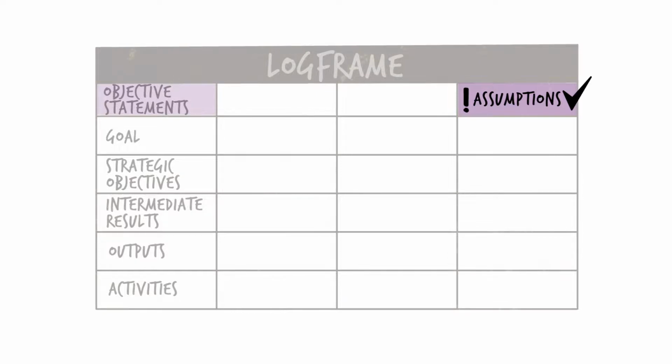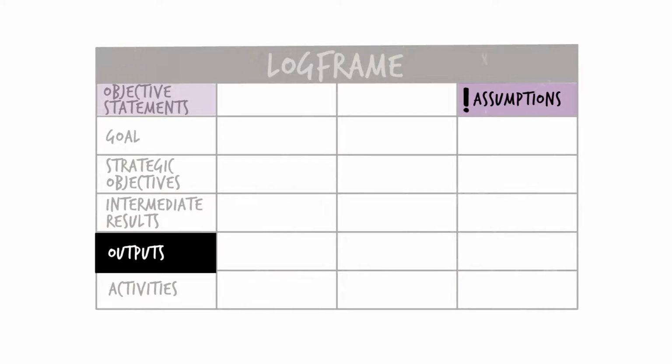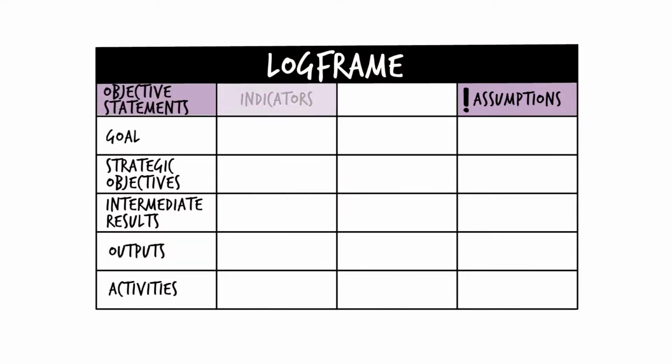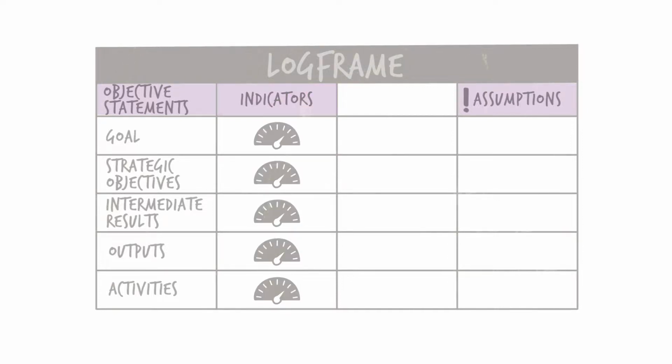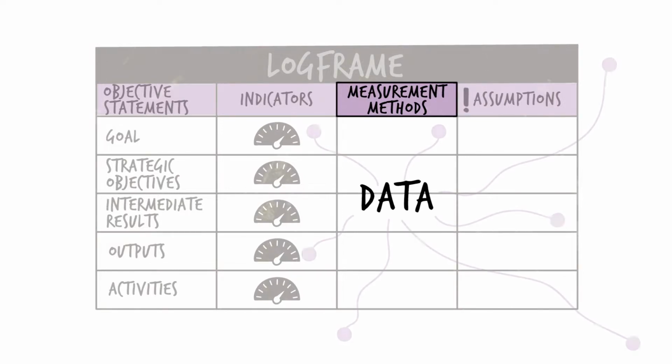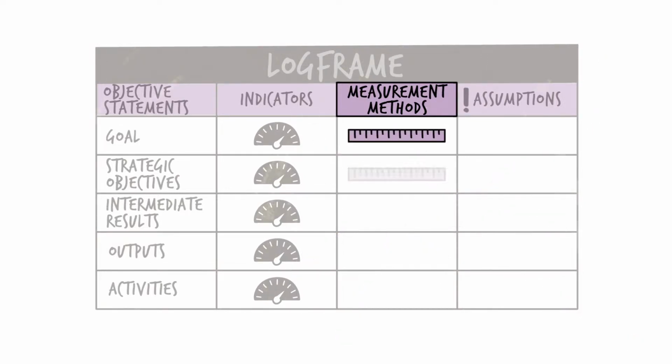The assumptions help to map the logic of the project strategy. For example, if we complete these outputs and these assumptions hold, then these intermediate results will occur. The Logframe identifies indicators in column 2, which describe the specific changes desired at each level of the hierarchy of objectives. And finally, the measurement methods in column 3 state how data will be collected to track and measure change